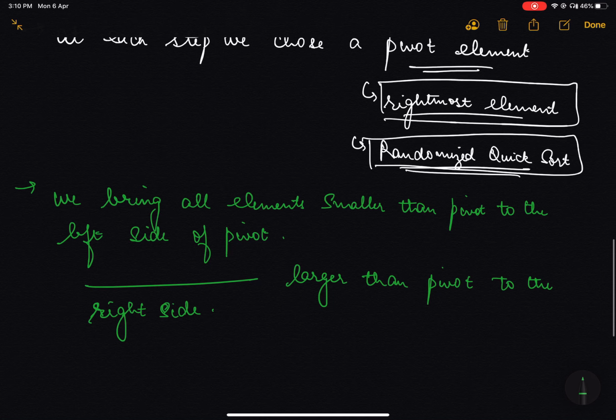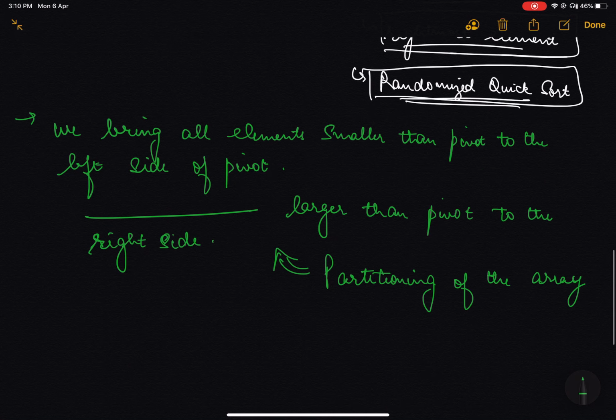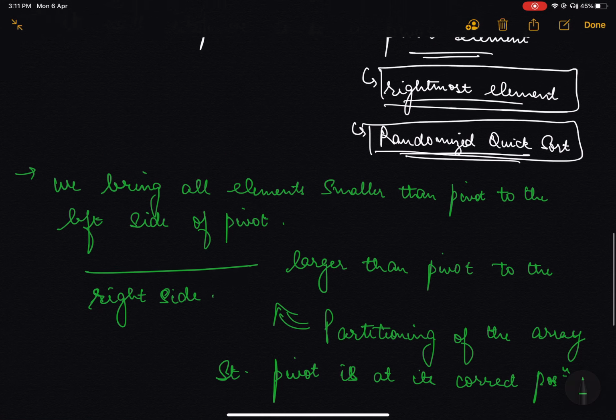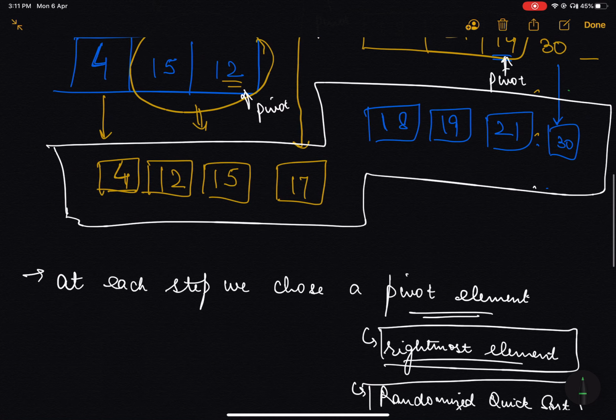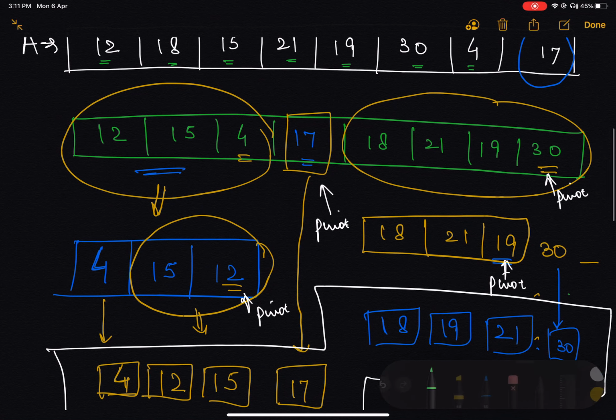Basically, this process can be called partitioning of the array, such that pivot is at its correct position. Now you might be wondering, is there any specific order in which we arrange the left and the right